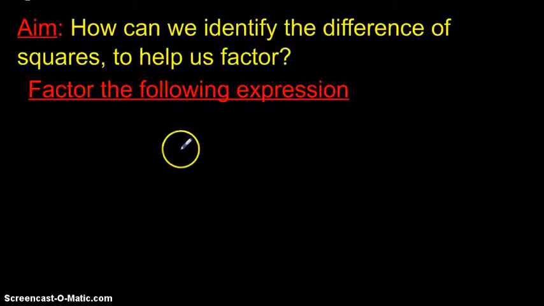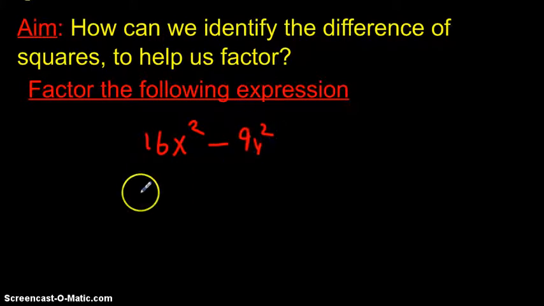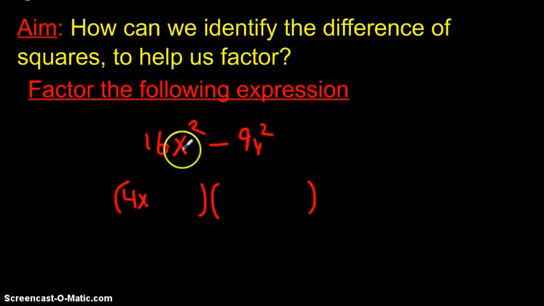I don't know, pick a number, 16x to the 2nd minus 9y to the second. So again, because this is a difference of squares, these are both square terms. They have a subtraction symbol. We get 4x, because that's the square root of 16x squared,